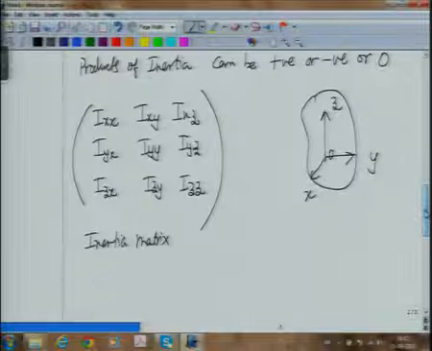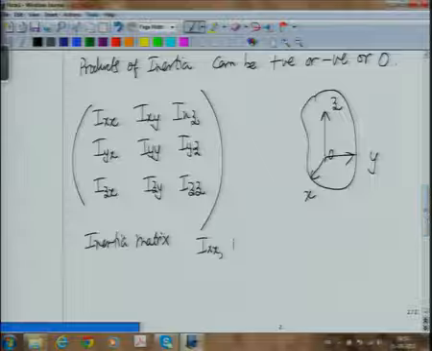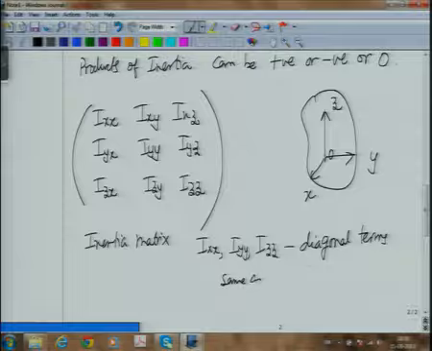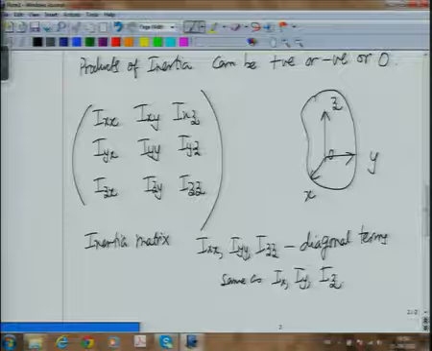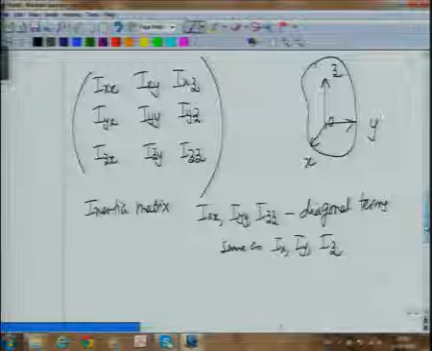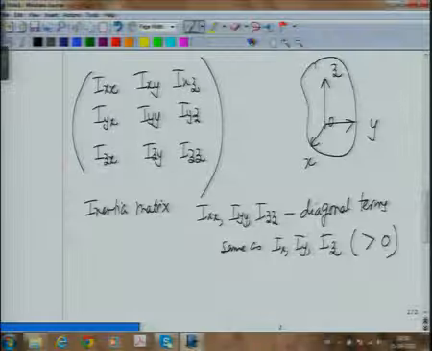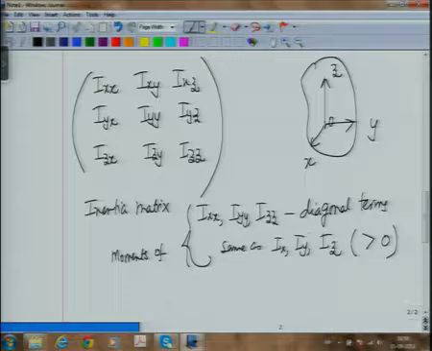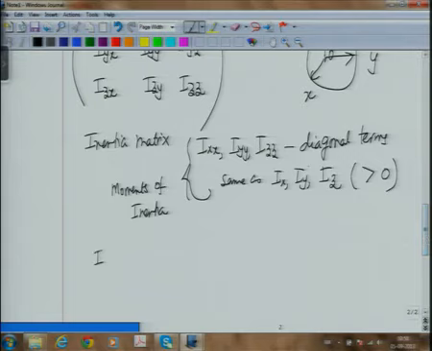And Ixx, Iyy, Izz, these are the diagonal terms, and these are the same as Ix, Iy and Iz, and these are positive and referred to as the moments of inertia, and Ixy, Ixz,